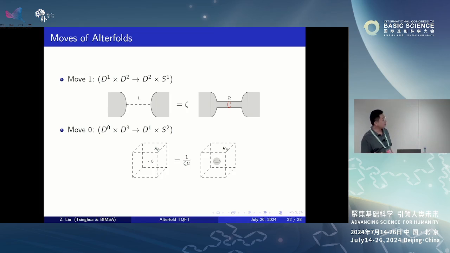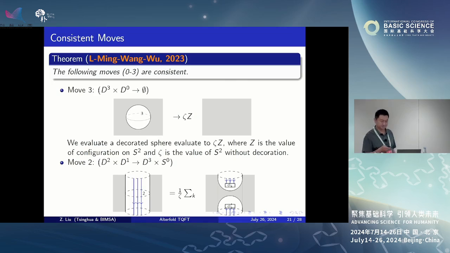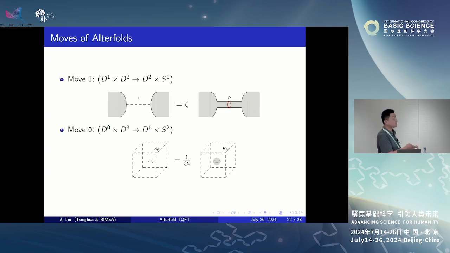Now let's see, what's the meaning of those relations? This means given a B-colored manifold of shape D3, we can remove that. And if we consider D1 as a neighborhood, that means given a B-colored neighborhood of a disk, we can remove that. So we can remove D3, we can remove D2, and we can remove D1 and D0. So now if for the 3-manifold we have a triangulation, then we can remove the 0, 1, 2, 3 cells just according to the triangulation using the moves. And that will give us the state sum formula.